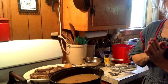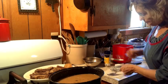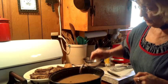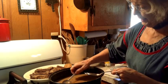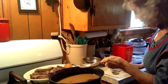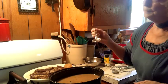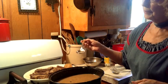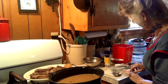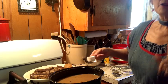Okay, we are back to seasoning the gravy. Now, what we're going to do is we added a little bit more of the nature seasoning. Then there's one other ingredient we're going to add. Now, this is a spoon. I'm going to put it into that spoon, and then I'm going to taste this one. Okay. Now, it is perfect except there is one other item that is very unusual but out of this world